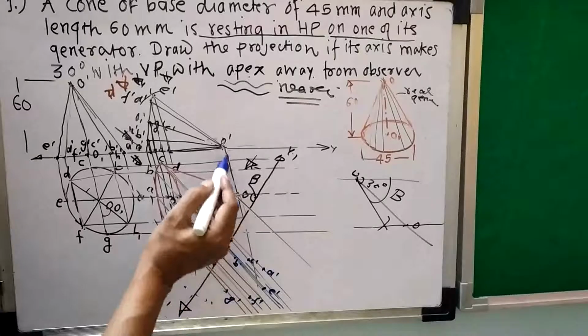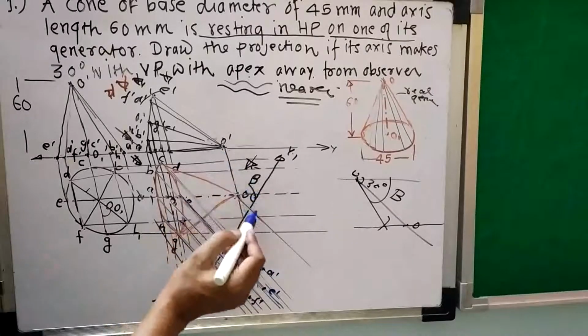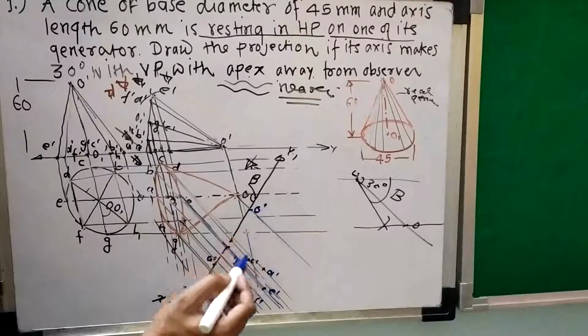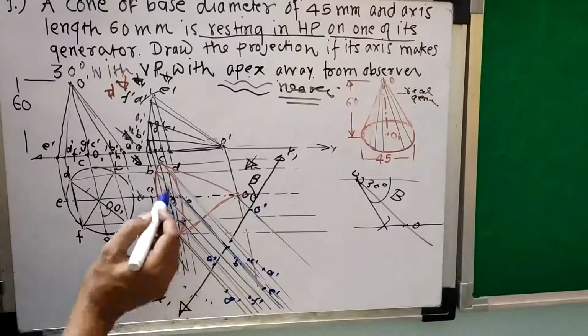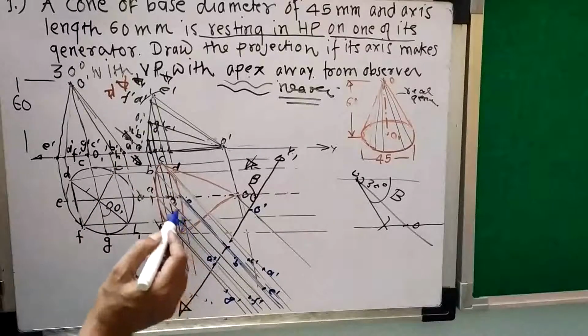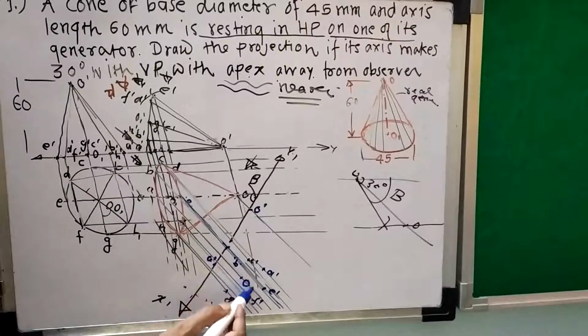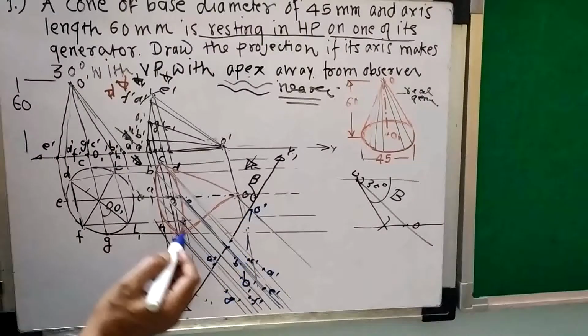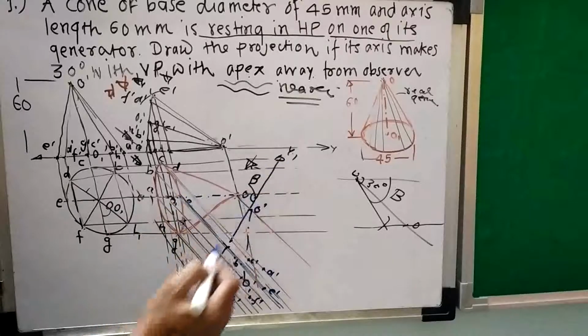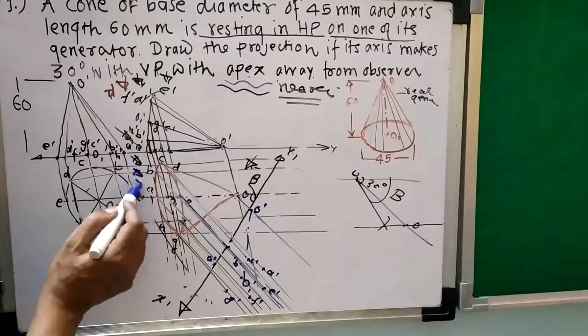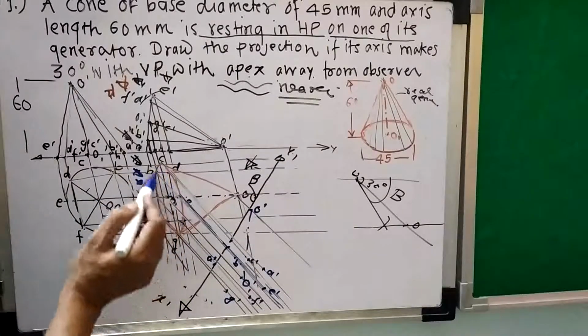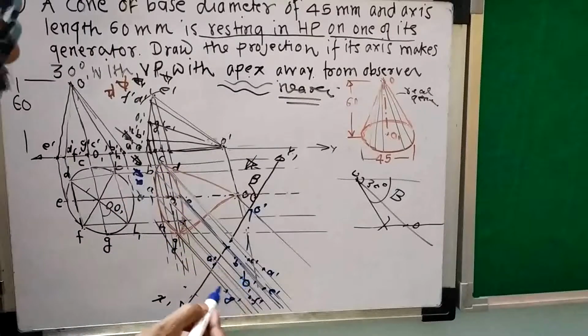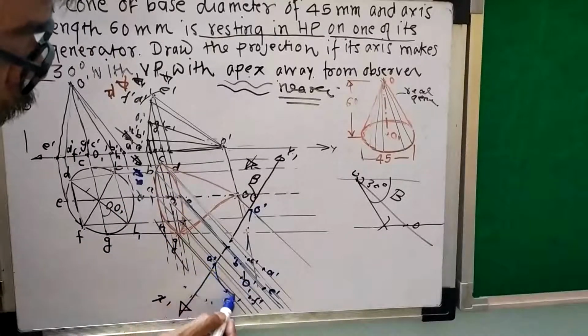And then this O was projected previously on XY, so this will be O dash on XY. This O1 was projected previously, this much distance I will take, and from this I will take O1 dash. So this is my axis. Now this is the object, this is the XY line, so the observer will be here. For this, the base is very close and observable, so this whole base is observable, so I will make it dark.